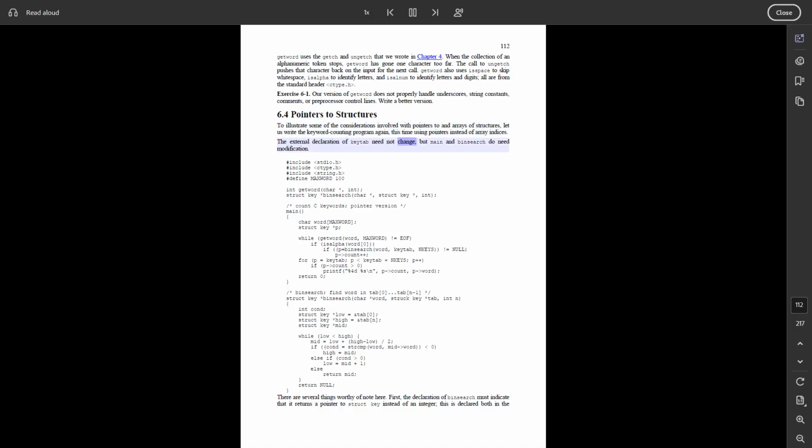The external declaration of keytab need not change, but main and binsearch do need modification. #include <stdio.h> #include <ctype.h> #include <string.h> #define MAXWORD 100 int getword(char *, int); struct key *binsearch(char *, struct key *, int); /* count C keywords; pointer version */ main() { char word[MAXWORD]; struct key *p; while (getword(word, MAXWORD) != EOF) if (isalpha(word[0])) if ((p = binsearch(word, keytab, NKEYS)) != NULL) p->count++; for (p = keytab; p < keytab + NKEYS; p++) if (p->count > 0) printf("%4d %s\n", p->count, p->word); return 0; }